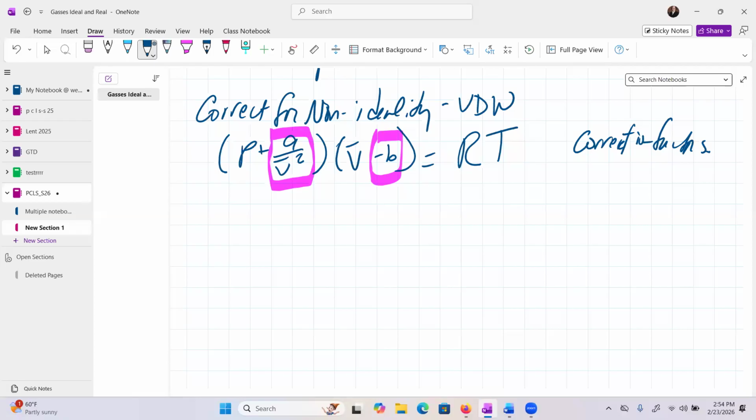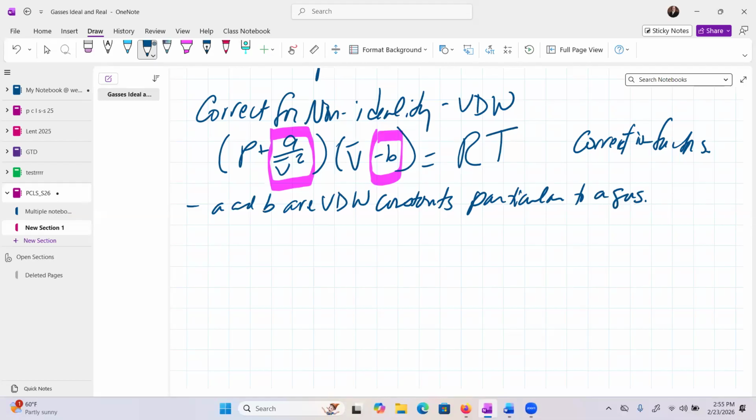It would be determined experimentally. In other words, they just made up a fudge factor and they measured it by doing that experiment I just showed you. And that's where the information comes from. A and B are van der Waals constants, particular to each kind of gas. So how do you get them? Well, you measure each gas separately. And they more or less just correct for all the assumptions.